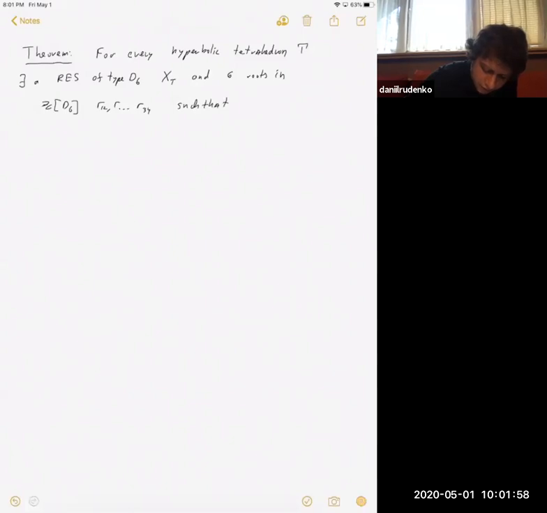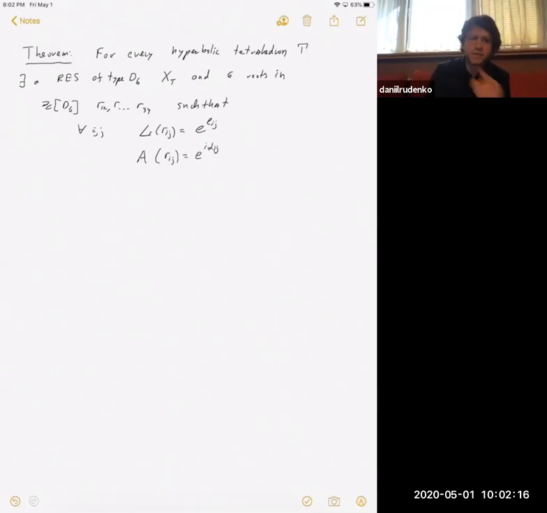on each of these roots, for every i and j, the value of L on Rij is exactly the same as the exponent of the length of the edge of the tetrahedron, and the dihedral angle of Rij is exactly the same as the exponent of the dihedral angle of the tetrahedron. So that's the theorem. And of course, I said that there is a one-to-one correspondence, so one should be slightly